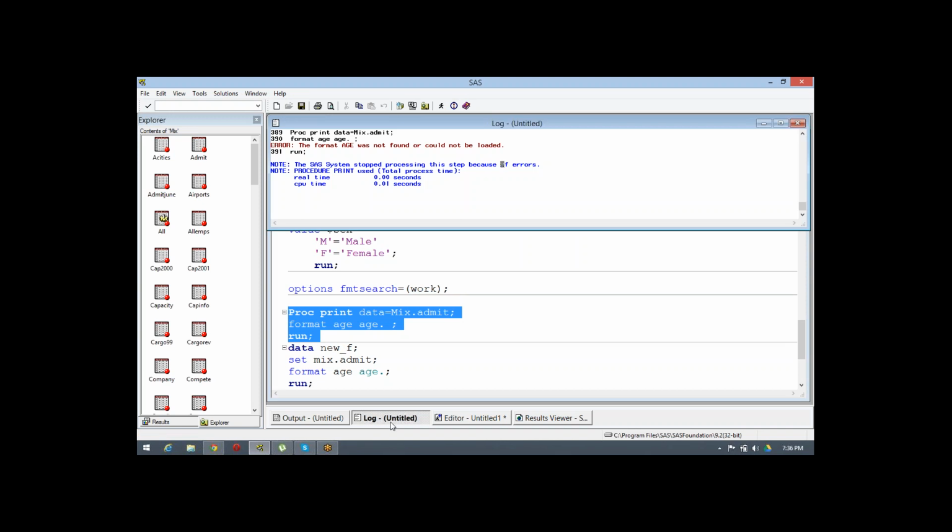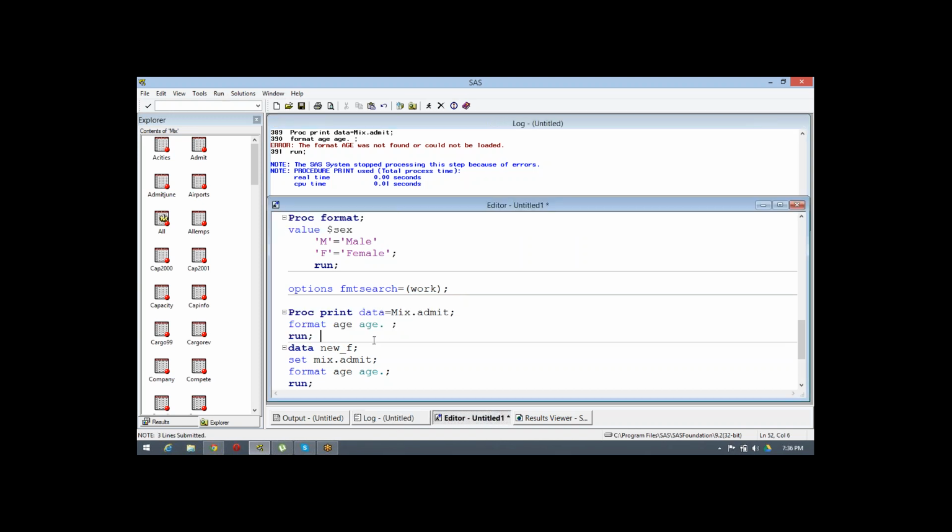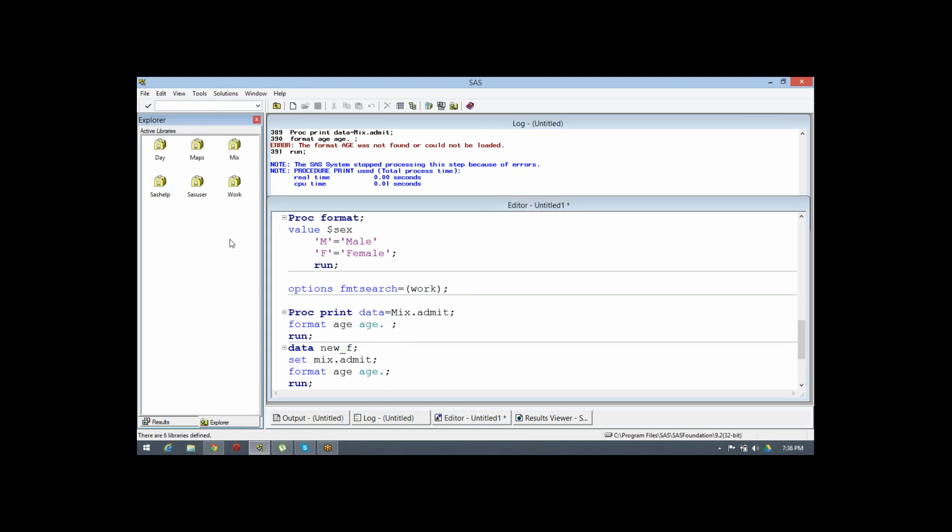When a format is saved, SAS by default automatically searches only from work, not from anything else. So if you want to change the default behavior, you need to change the options.